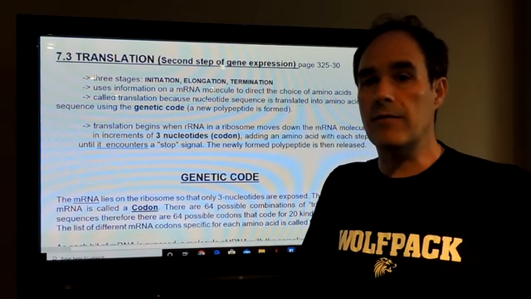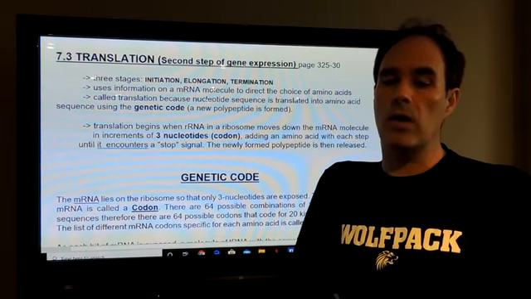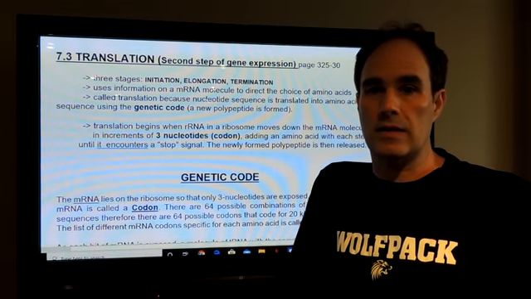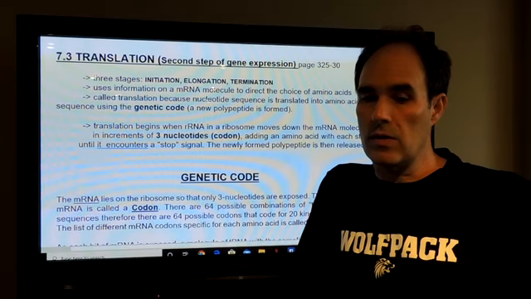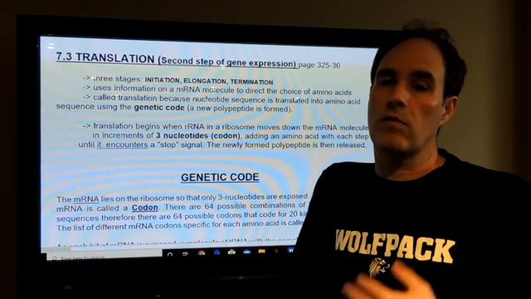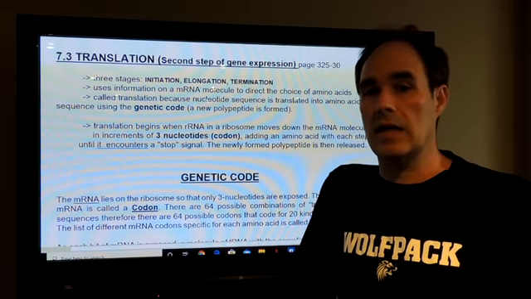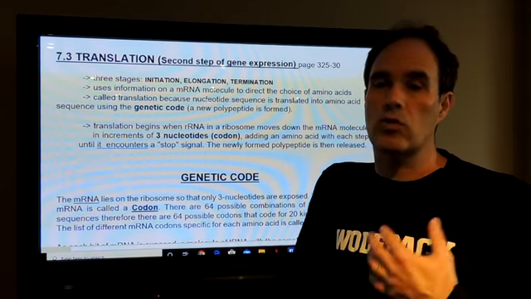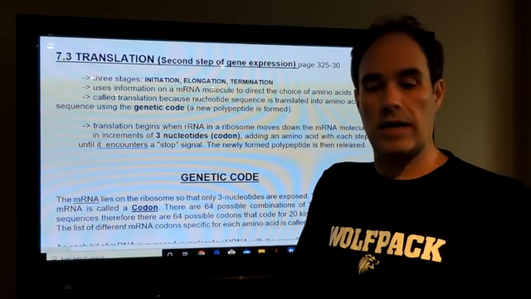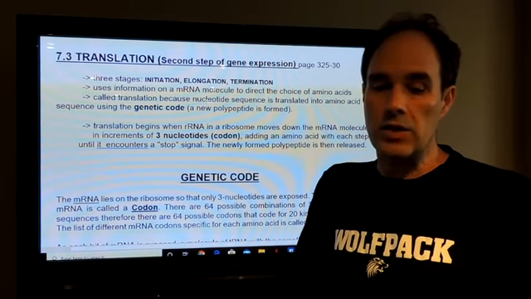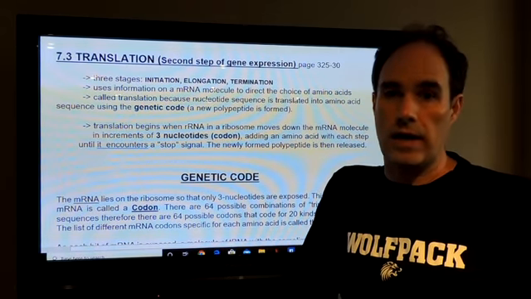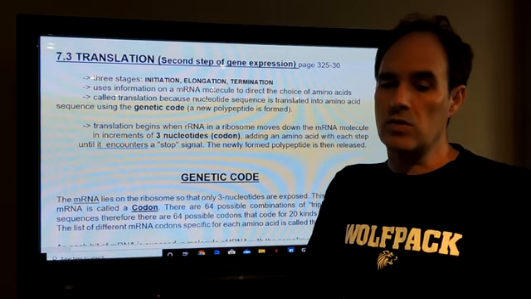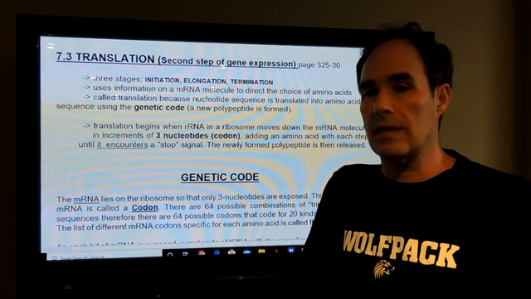It uses information from the mRNA molecule to direct the different types of amino acids. So how many different amino acids are there? Well, you might remember that there are 20 different types of amino acids in humans, and they're being directed by the tRNA. So translation begins when the rRNA, that's the ribosome, moves along the messenger RNA molecule in increments of